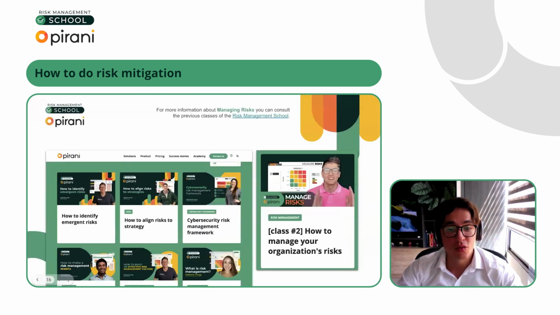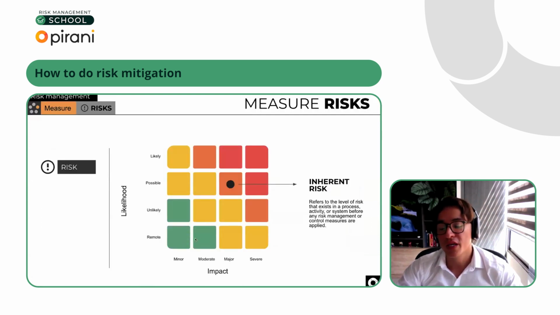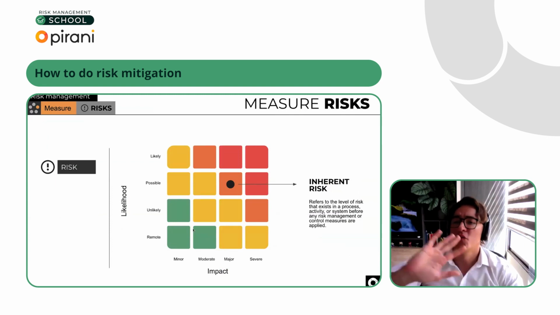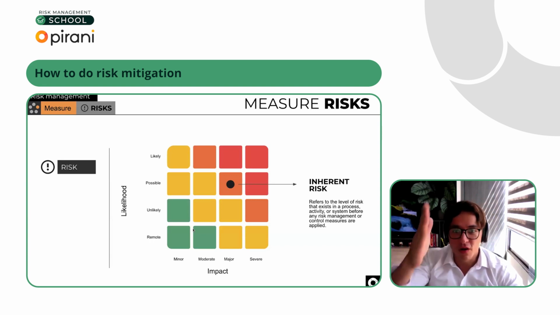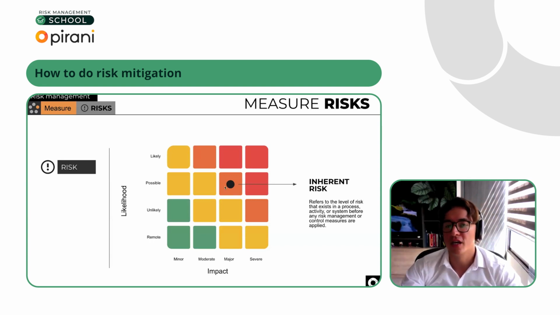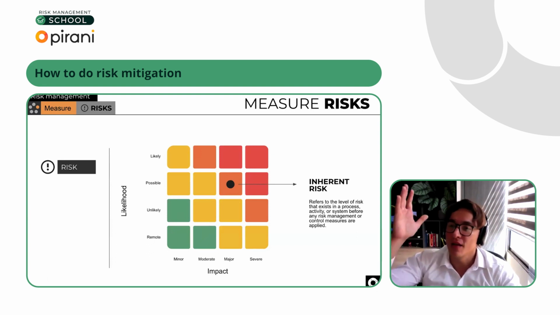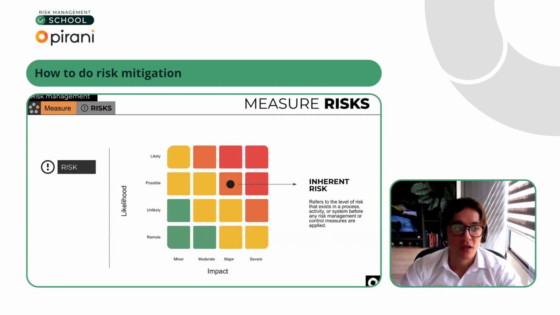So imagine that in your risk heat map, your risk is located in the green area. So maybe you say, okay, you know what? I'm going to accept it. I'm not going to do anything with that risk because the impact will be minor and the likelihood is remote. So I need to focus on the maybe yellow, orange, or red area. So you can accept risks because you cannot work on every risk that happens to you.